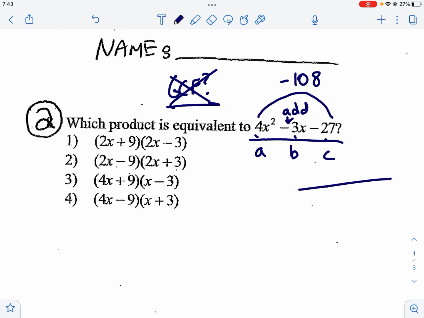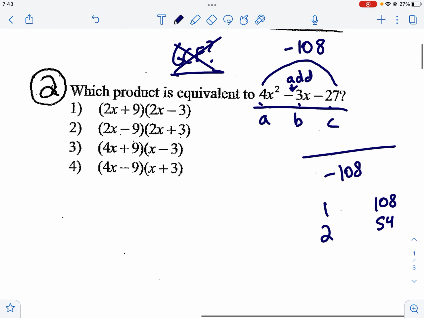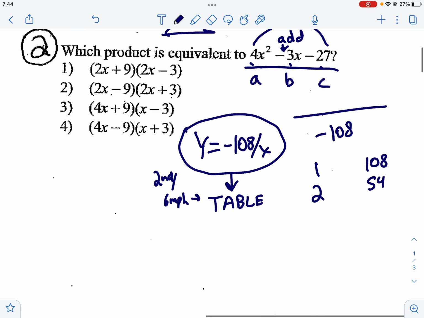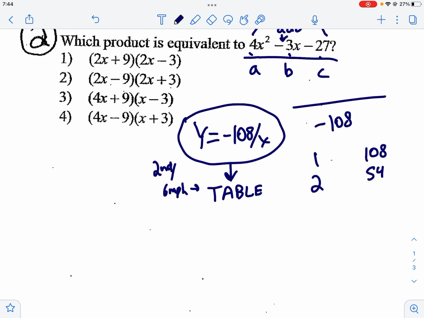You can write out a list of all the factors of negative 108. 1 and 108, 2 and 54, and so on. But a faster way is to use your calculator, go to y equals, and put in negative 108 divided by x. After you do that, click second, and then graph, which is the same as table. And inside of the table, you'll see a list of all of the factors of 108. If you go ahead and do that now,